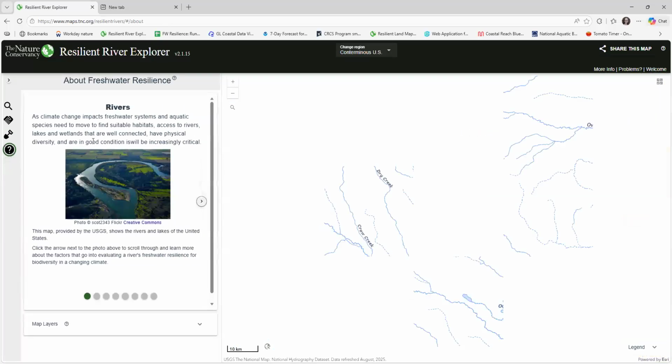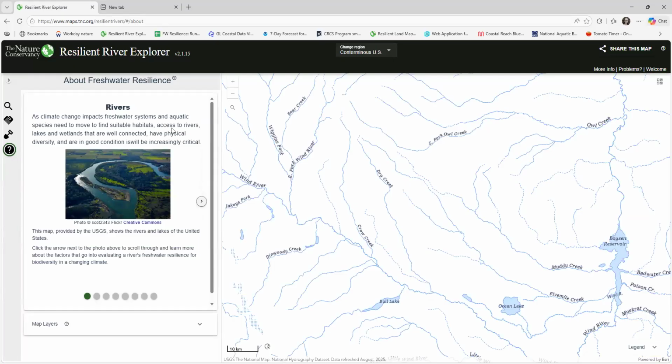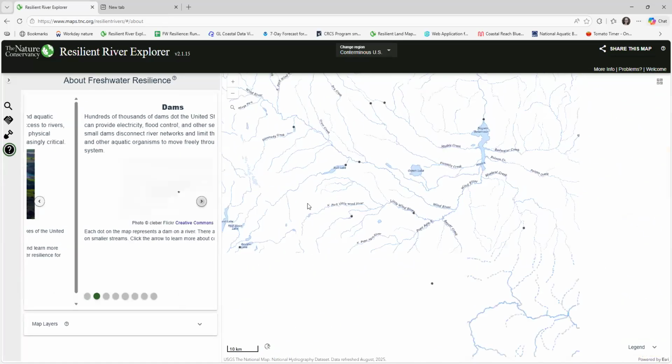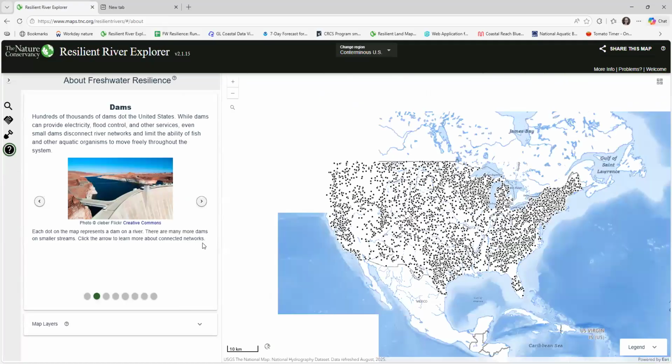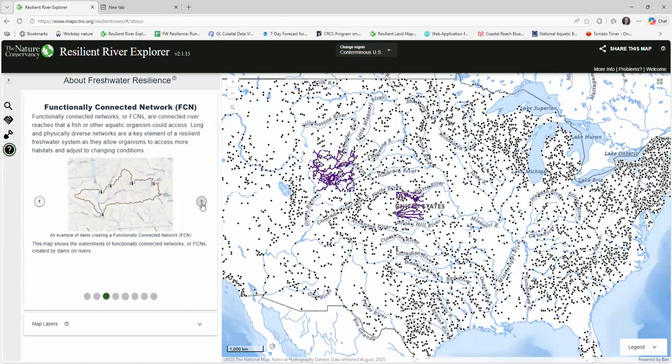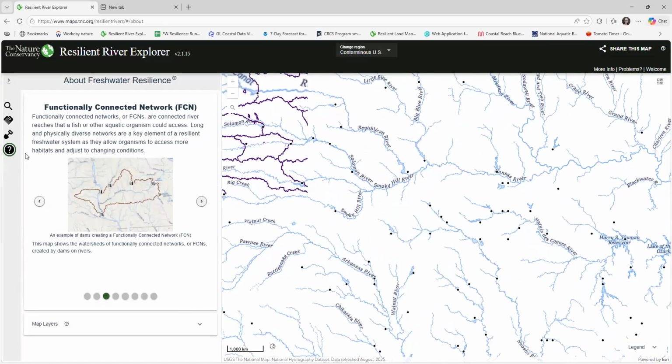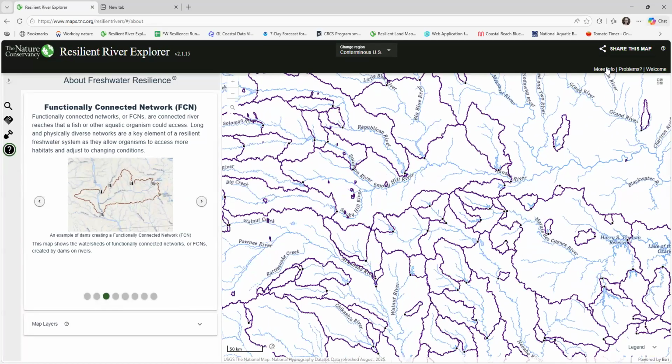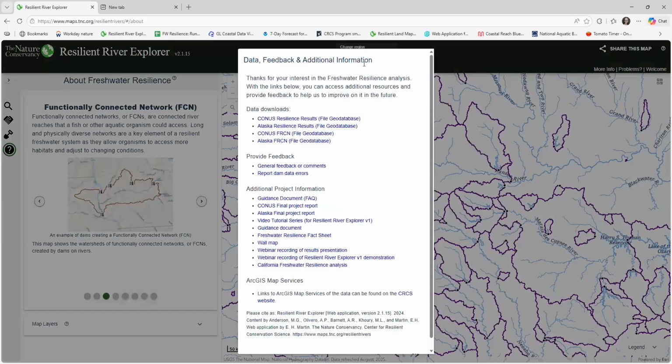The final module is informational. It is telling us what are the basic information layers that make up the model for resilience. So you can move through this rotator and learn more about those concepts. For a deeper dive into this information,